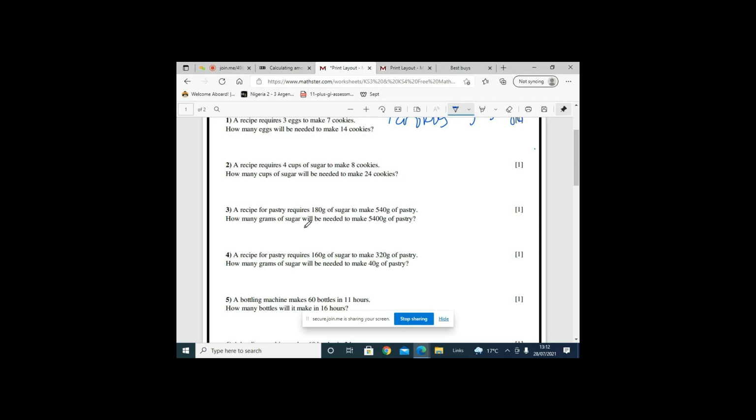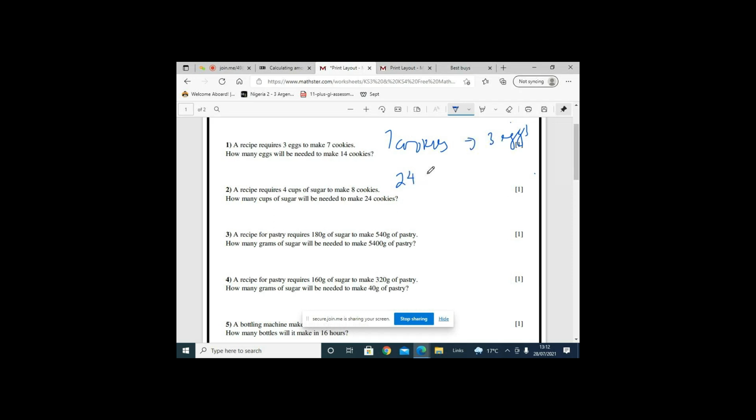How many cups are required to make 24 cookies? So for you to make 1 cookie,